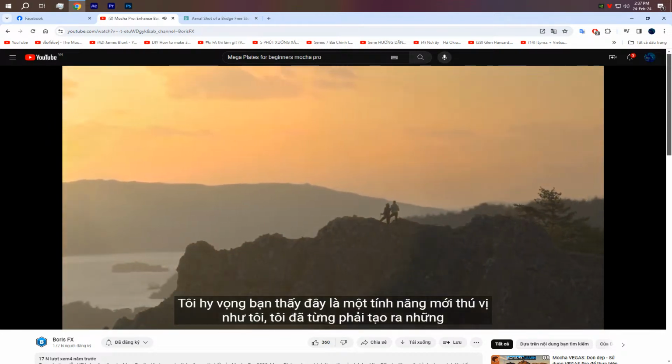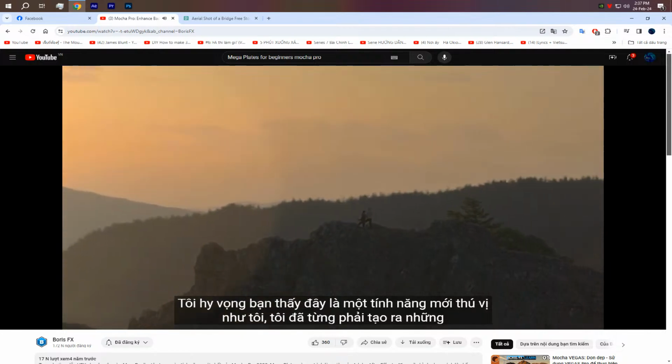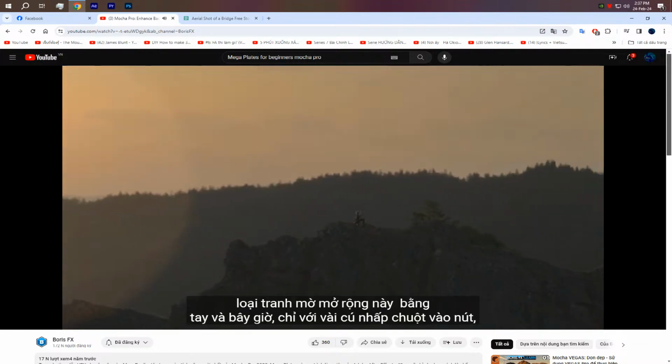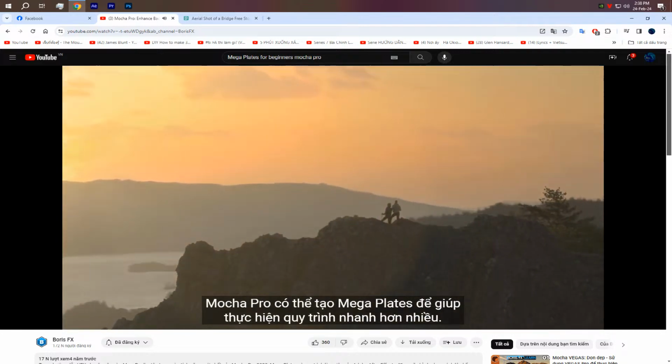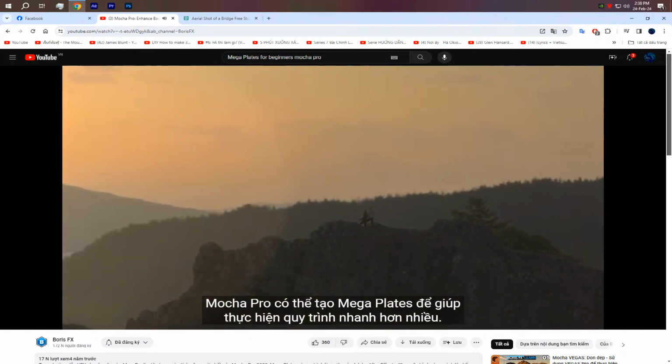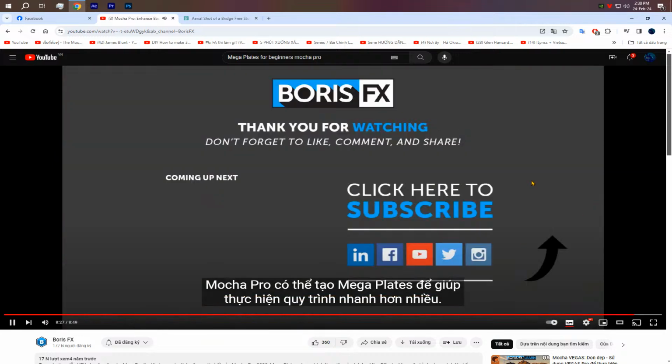I hope you find this new feature as exciting as I do. I used to have to create these sorts of extended matte paintings by hand, and now with just a few button clicks, Mocha Pro can generate megaplates to help get into the process that much quicker. To upgrade to the new Mocha